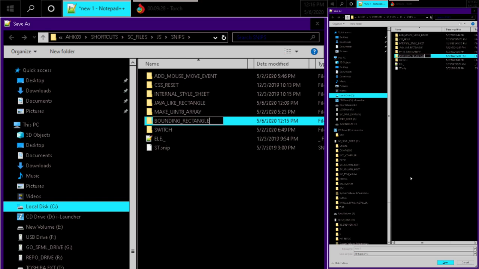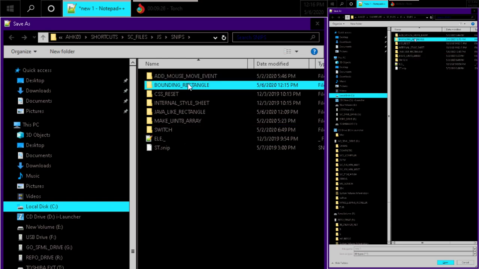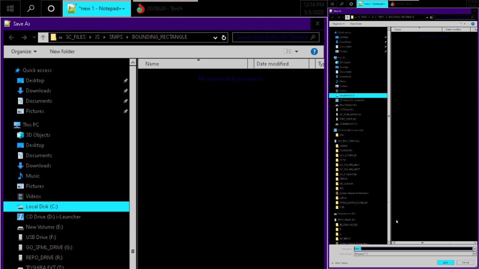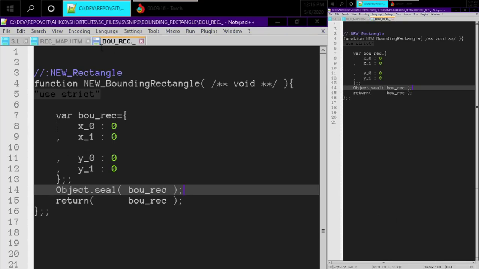Bounding rectangle, we'll call it. And then we can just call the source. We can use the shorthand name for the source file. I have a habit of making my source files for shortcuts all capital because they're kind of like canonical reference that's never ever going to be changed. So I kind of like name it in all capitals because I consider the files in a way constants,